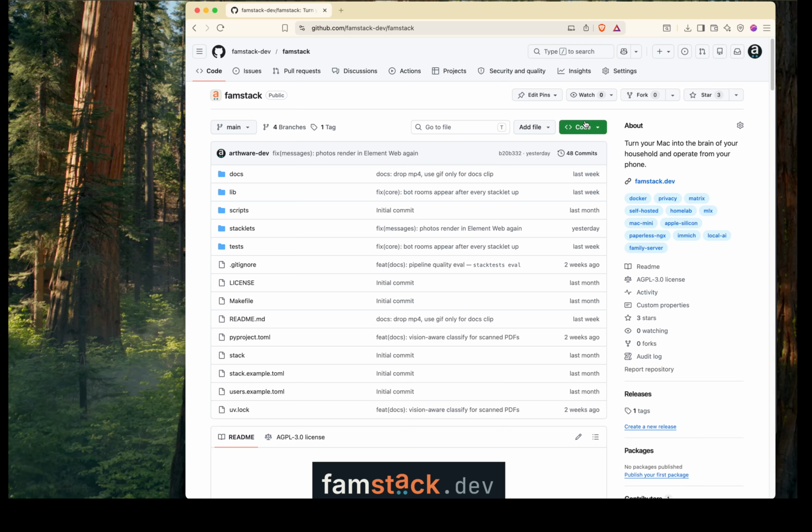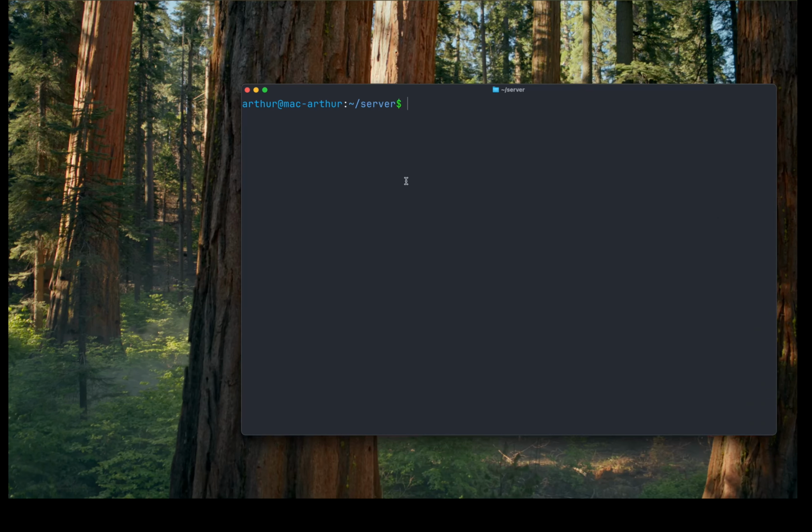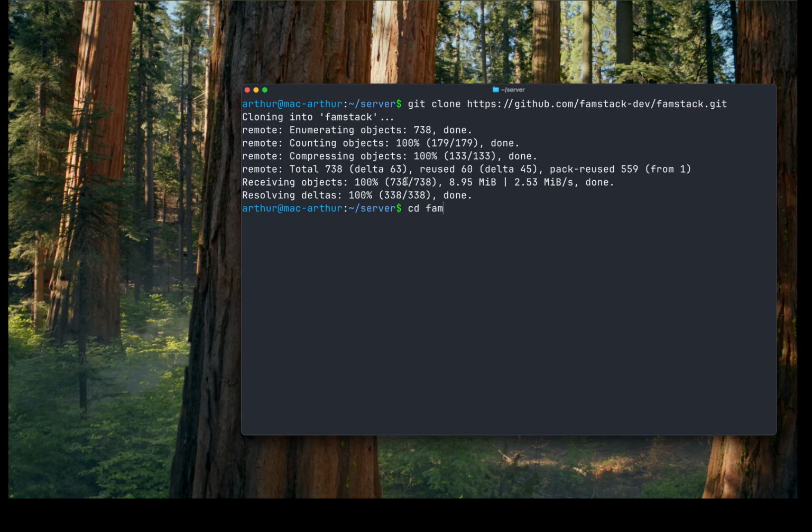All we have to do is to clone the repository. I will do that right now into a fresh directory I created on the Mac. And I'm using a server directory here. I just created my home directory. I git clone the famstack repository there, cd into famstack,